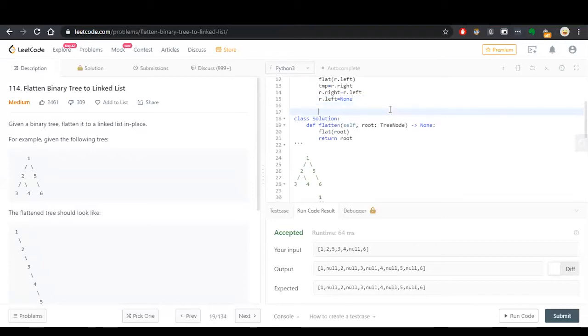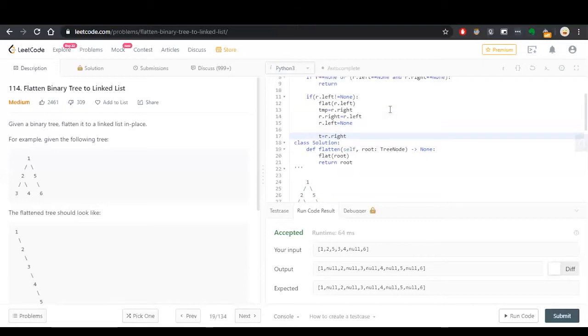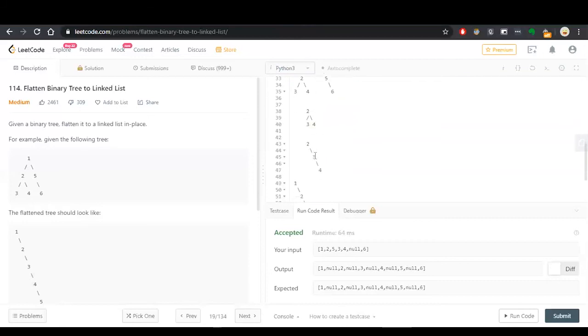What we will do after this, we will take another temporary node. For what? I'll just tell you. Suppose we have got this tree, and currently this is separated, right? One is there, and 2, 3, 4 is added to 1, like this one, right? But suddenly we notice that we have lost the link to the previous right subtree of the head, right?